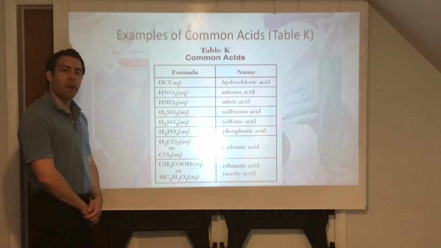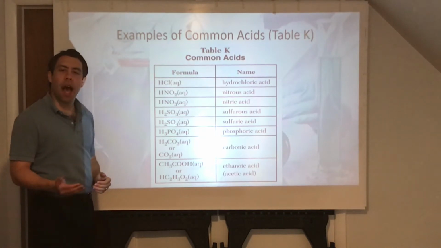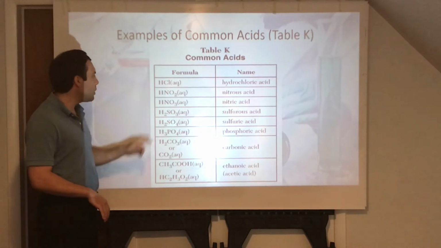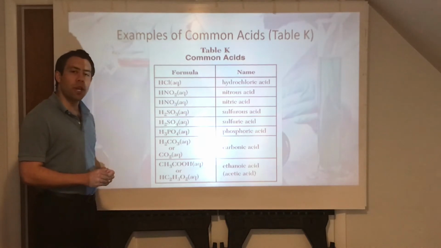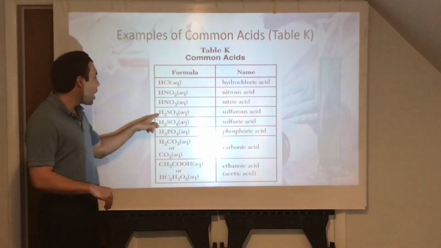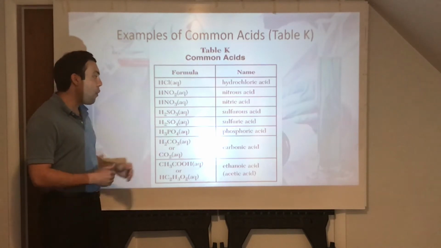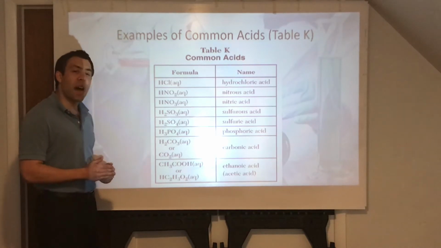Here is Table K of your chemistry reference table. Table K has examples of common acids. First you have HCl, which is hydrochloric acid, HNO2, which is nitrous acid, HNO3, which is nitric acid, H2SO3, sulfurous acid, H2SO4, sulfuric acid, H3PO4, phosphoric acid,